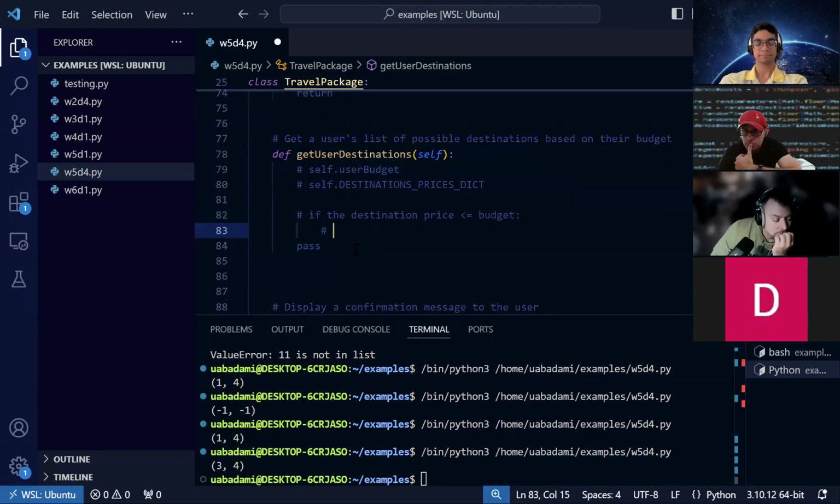Or add all those destinations to a list and then return that list of destinations. Perfect. Yeah. So let's append destination to a list of destinations. Yeah, that's probably a good idea. We could also maybe return the price or append the price as well. So what if we